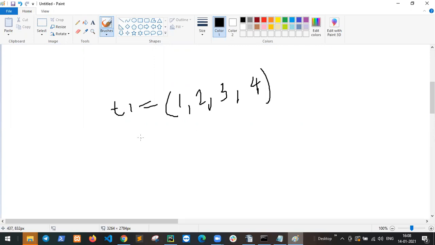But I want to prove this is mutable. So how to convert for mutability?